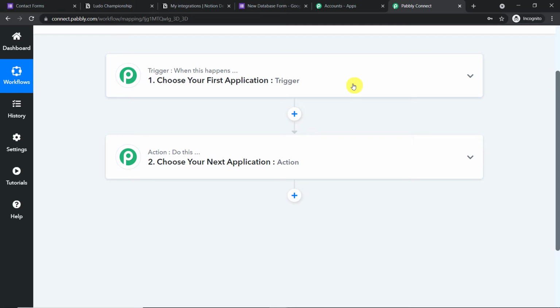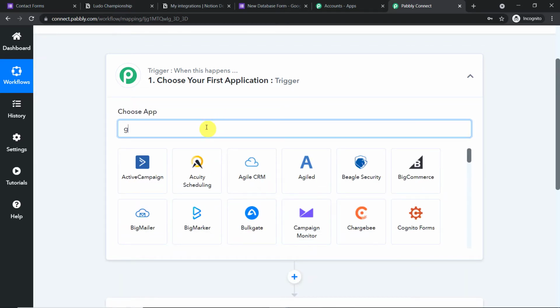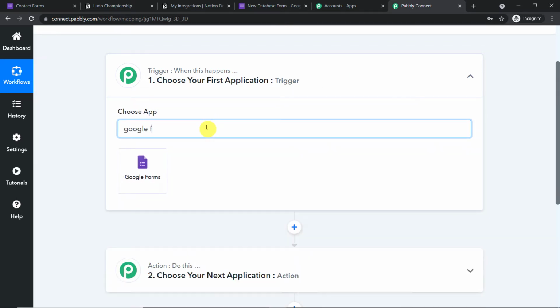Now using these two windows, we are going to integrate Google Forms as well as Notion. Basically, we are going to create a new workflow to integrate them. Now you should know this. After building this workflow, I will add the link of this workflow in the description box so that you can clone it and directly access it in your account. Okay, so let's start. In the trigger window, how about we select the app as Google Forms because we want to send the data from Google Forms. That is why, Google Forms it is.